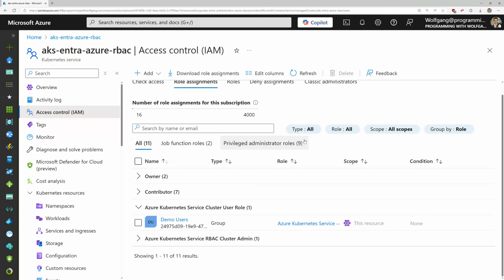And we have also seen that Azure has already several built-in Azure Kubernetes roles, which you could use. For example, the admin, a reader, a writer. But if you need a specific role, then you can always use custom roles, and you can set exactly the